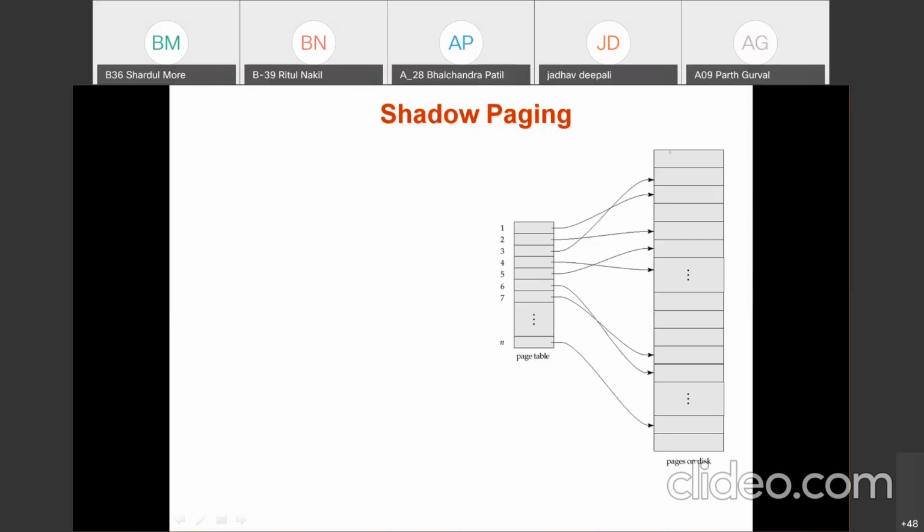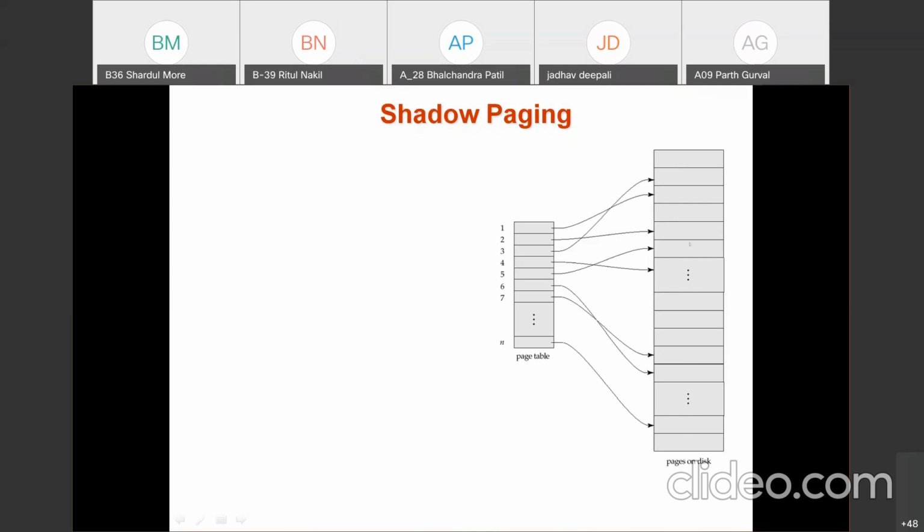The entire data which is stored on the disk, you can see here, is divided into pages. It is like a block or a bucket. So the entire database which is stored on the disk is divided into pages where the information related to the database is stored.